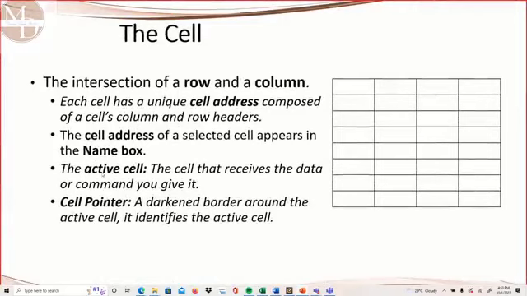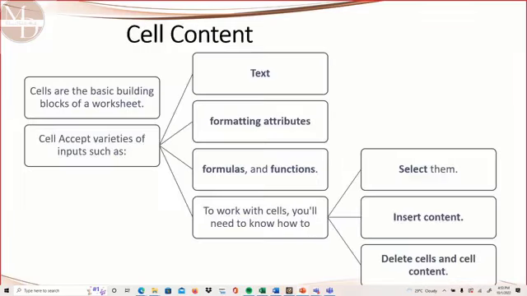Go back, continue. So the cell pointer is a darkened border around an active cell. It identifies the active cell. Now, cell content. Cells are the basic building block of a worksheet. The content of a cell can accept text, formatting attributes, formulas, and functions. Now, there is a difference between a formula and a function. Don't mix them together. A formula refers to basic operations like addition, subtraction, division, multiplication, while a function has a name such as